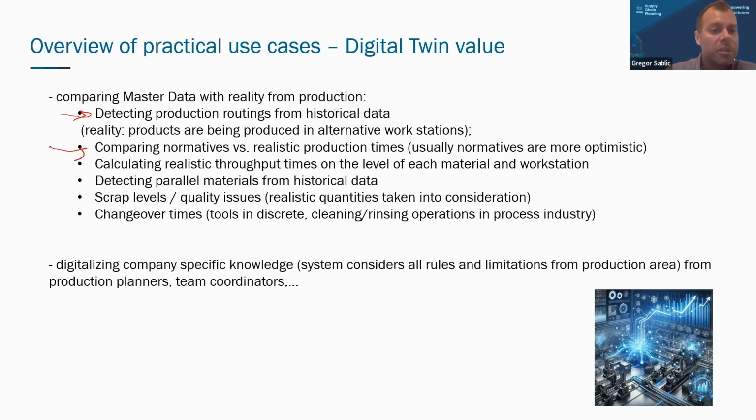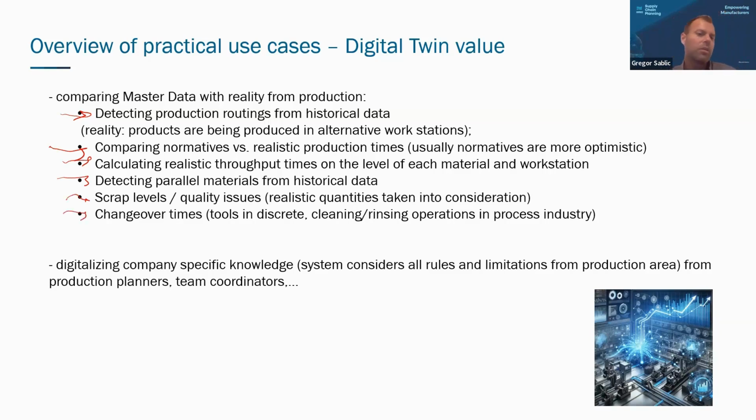Then comparing normatives versus realistic production times, or we can call them cycle times. Also calculating realistic throughput times at the level of each material and workstation, so to have the whole overall throughput time of the whole production area. At the end, also detecting parallel materials from historical data, scrap levels, and also in process industry quality issues, as well as